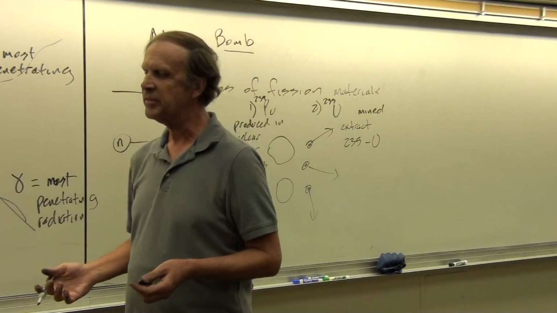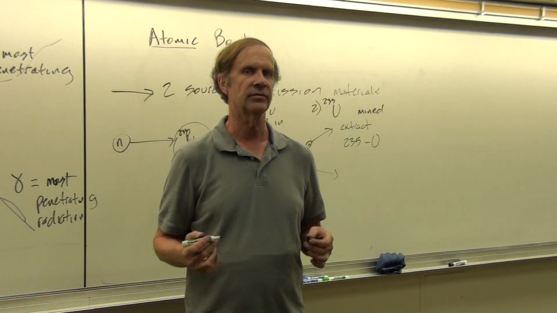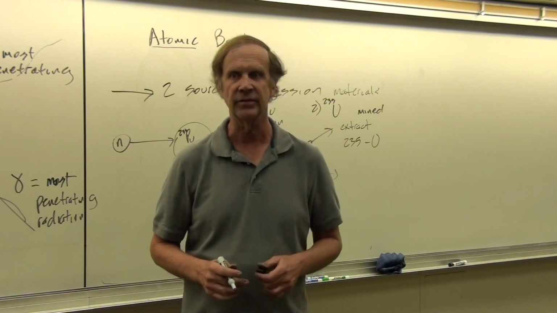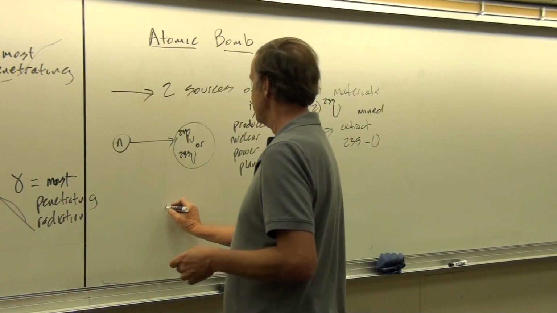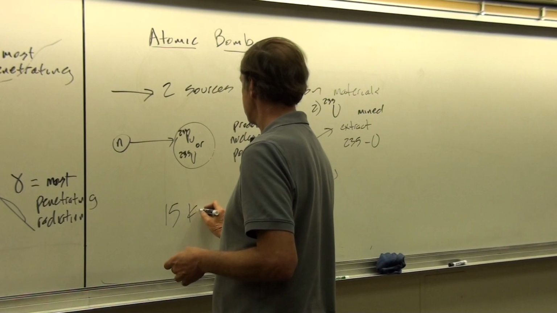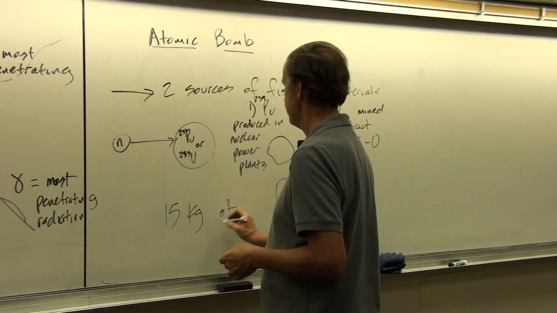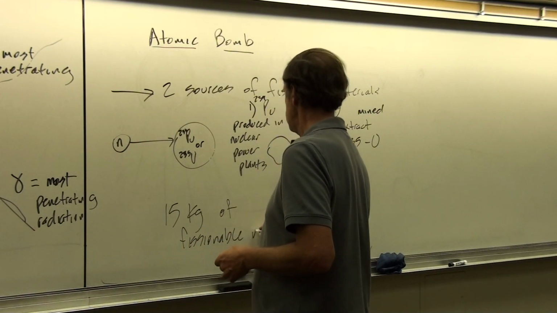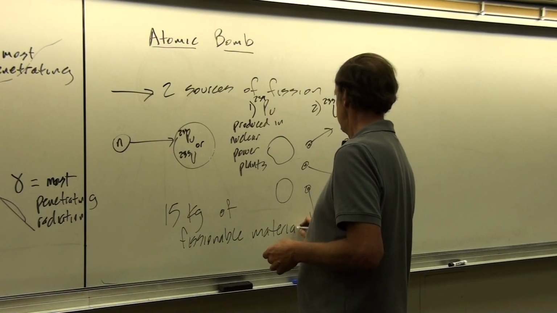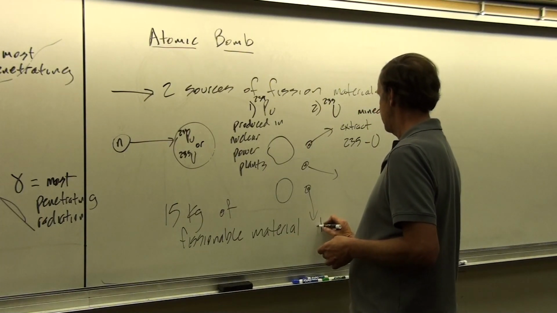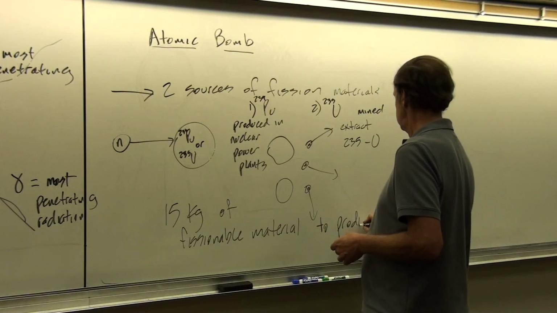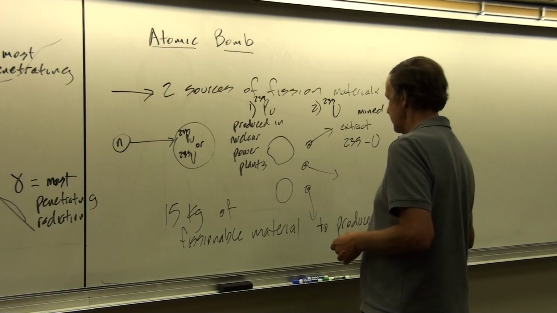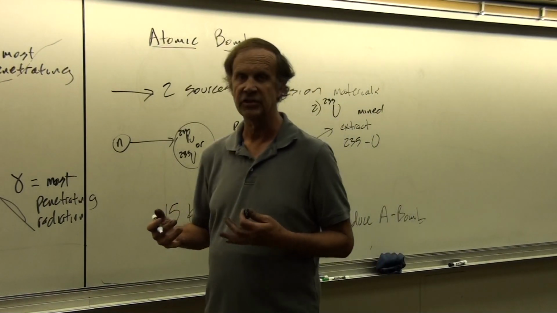And so at the Manhattan Project, they didn't have either one of those raw materials at first. It took a couple of years to make the right amount of it. Turns out that you need something like 15 kilograms of this material to produce an atomic bomb. Or at least those were the numbers at the level of purity that you could get at that time,